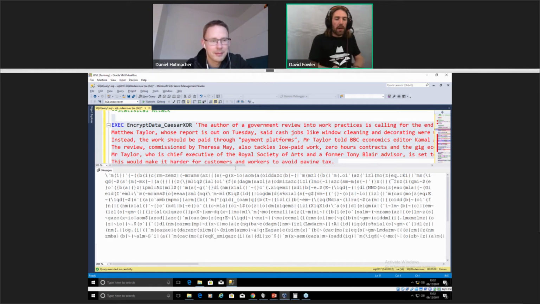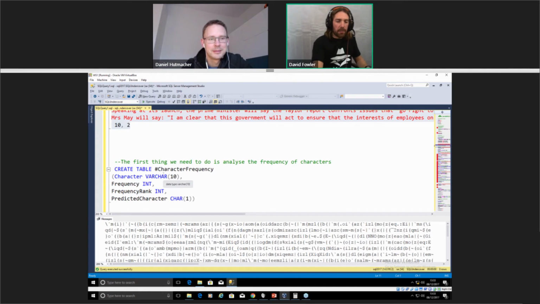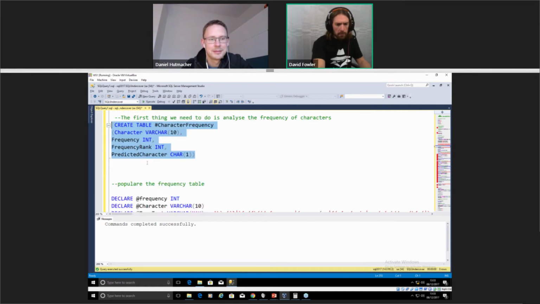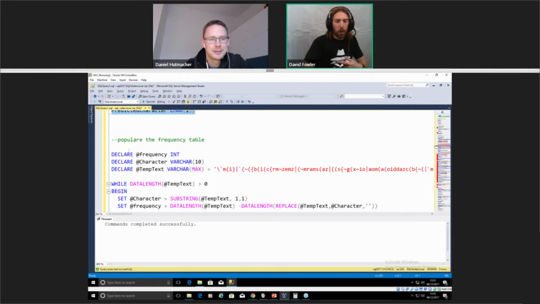Well, the first thing we need to do is analyse the frequency of each character, count up how often each character appears in that ciphertext. So we've got a little bit of code that will do that for us. First of all, we're going to create a temp table, character frequency, to hold these frequencies for us. Let me run that. And then we're going to run a little bit of code which is going to populate that for us.